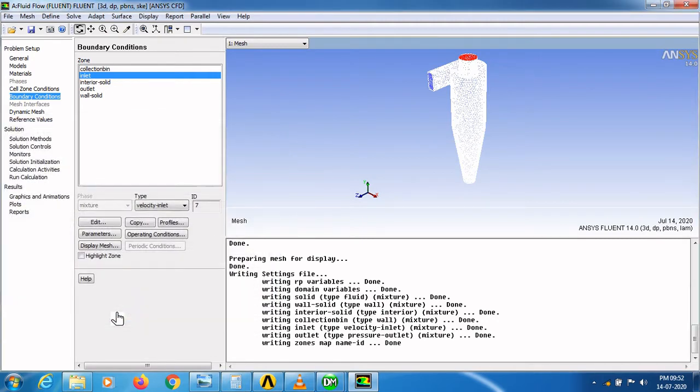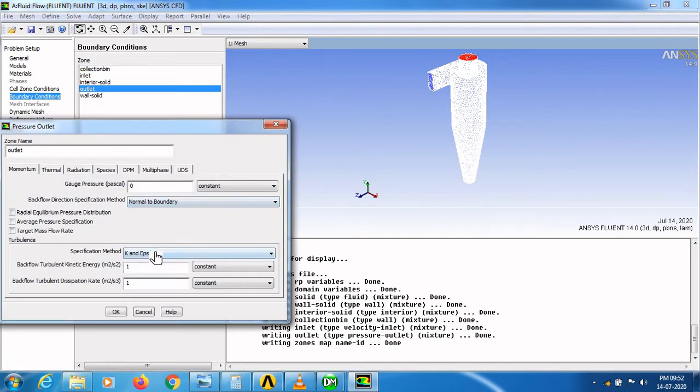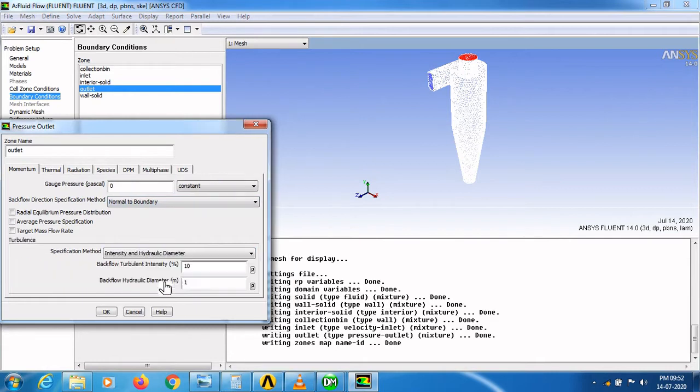Click OK. Go to outlet option, give edit, and in specification method choose intensity and hydraulic diameter. In hydraulic diameter please enter 0.15 meter, click OK.